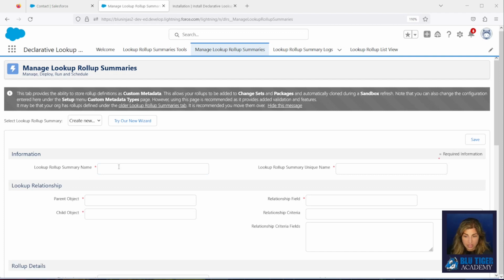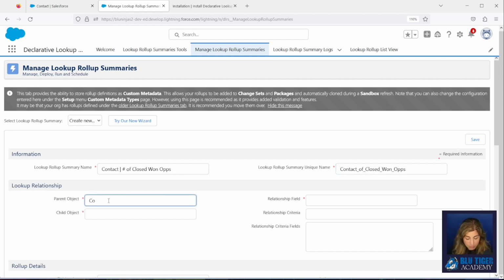So we're going to name this contact number of closed won ops. I like to name mine with the name of the object that it is triggering off of, or actually the name of the object that the field is on, that the roll up is on, because that just makes it easier when you get a lot of these roll ups. And then you have to type out the API name. It does not auto-populate like the other areas of Salesforce. So we'll type that in. You have to have underscores or else you'll get an error.